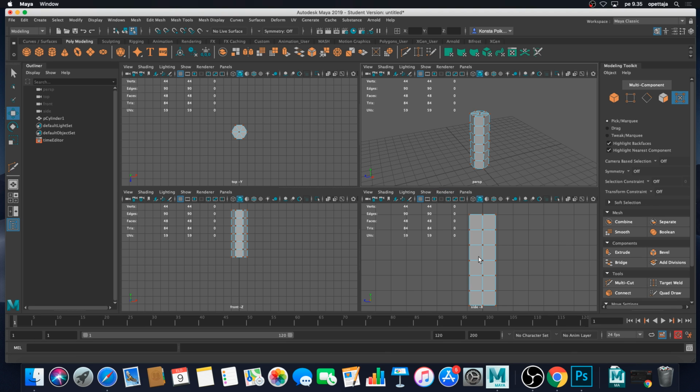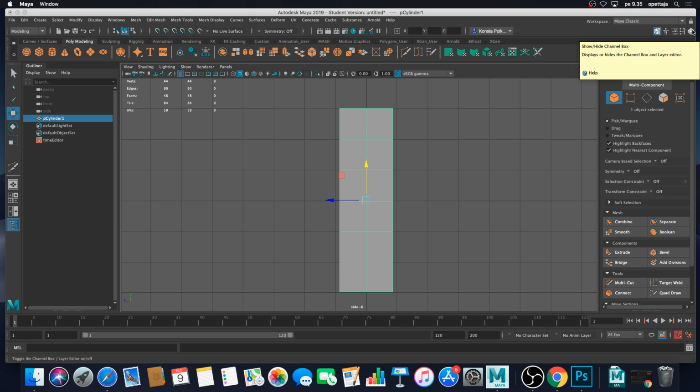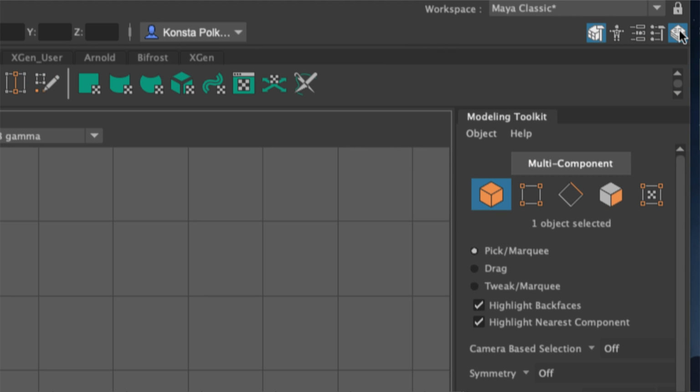I'm jumping into my side X view because bones have to be inserted in the orthographic view so we don't mess up the axes or the local axes of the bones. I'm changing my cylinder into the object mode, and the thing that I still want to do before proceeding is that if I open my channel box here